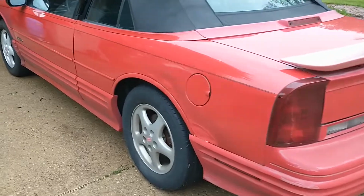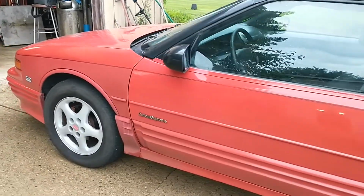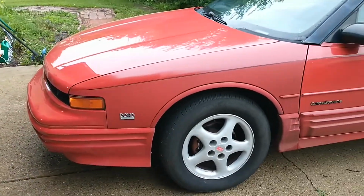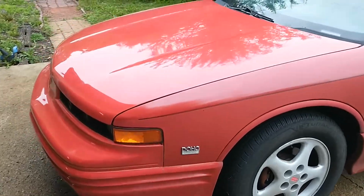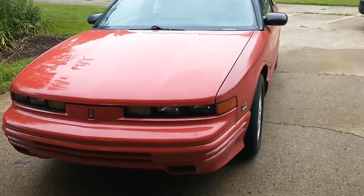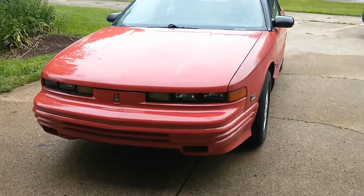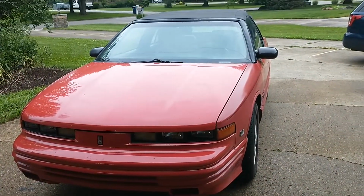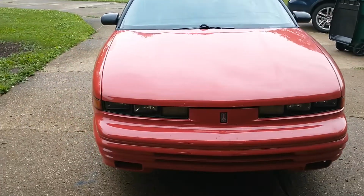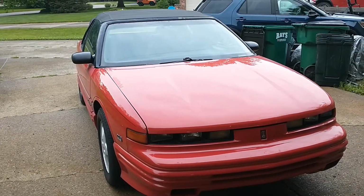pretty sure that was kind of in response to the unexpected popularity of the just flat awful convertible conversions that were offered based on the pace car from a few years prior. I believe that was '88. Definitely correct me in the comments, but this platform called the W body or the GM10 came out. It was the replacement for the pretty popular but kind of outdated G body